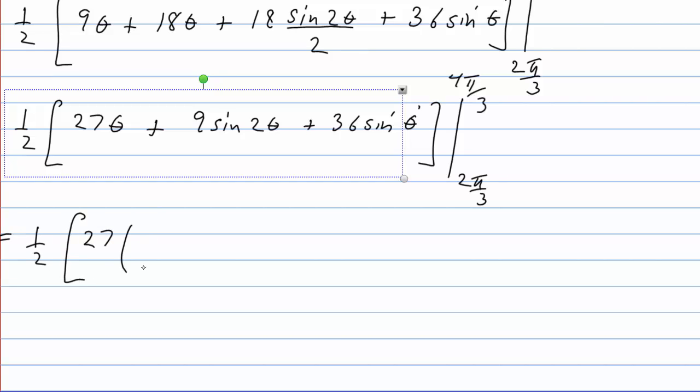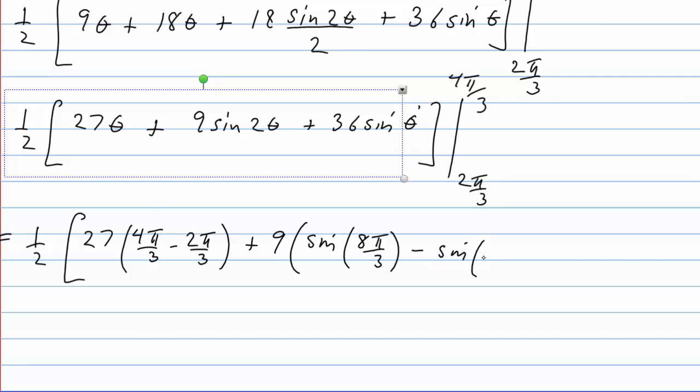So we're going to get 27 times 4 pi over 3 minus 2 pi over 3. And now we're going to take 4 pi over 3 and stick it in for theta, so that's going to be 2 times 4 pi over 3, or actually 8 pi over 3